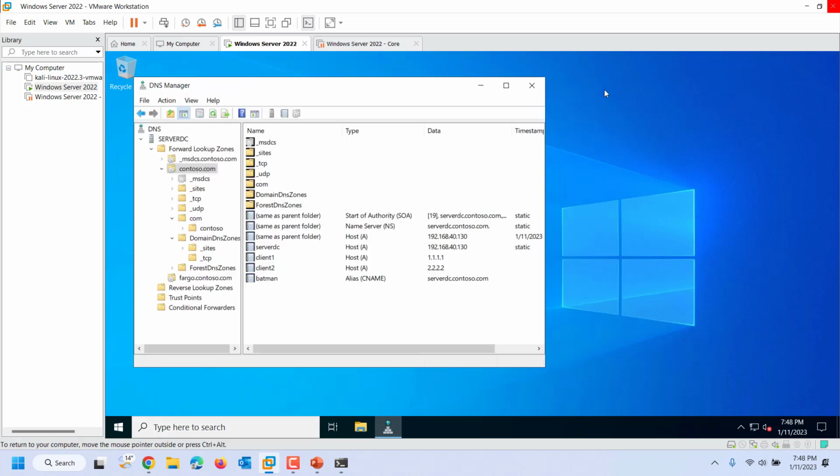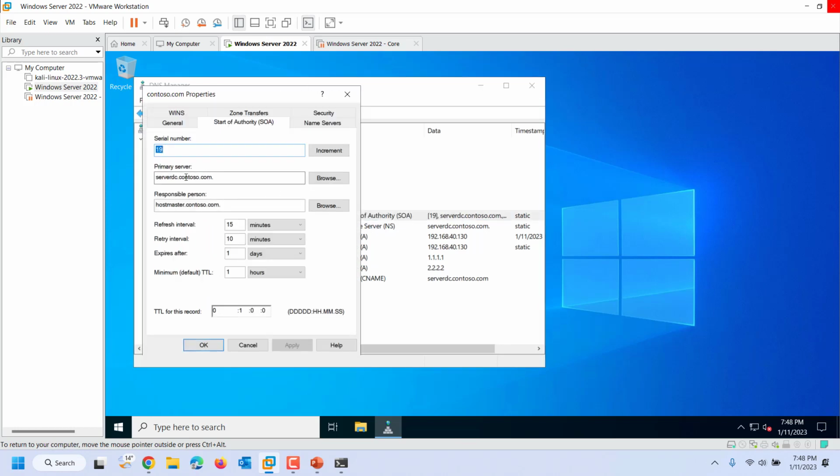I said I was going to show the SOA record. Here's a SOA record, start of authority. What the start of authority shows is who the primary server is, who's that authoritative server. The serial number is important for syncing changes between servers. So what servers do is they look to that serial number to see if it has been incremented, and let's say it went from 19 to 20. The server looking here would know that there's been one change on this DNS server, and it must go sync